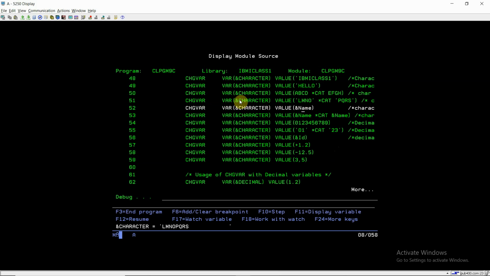Now I have assigned the variable, and the name has the value IBMI class 2. Sure. Now the character variable has the value IBMI class 2. So these are the different ways through which we can assign a value to a character variable: using constants, meaning the character constant, using character expressions, using the variable name, and concatenating the variables in the formation of an expression. Take F10. Now this has the value IBMI class 2, which is correct.